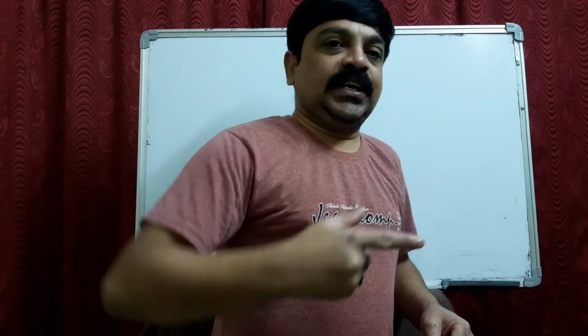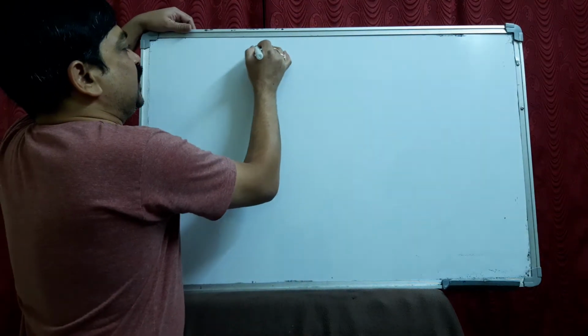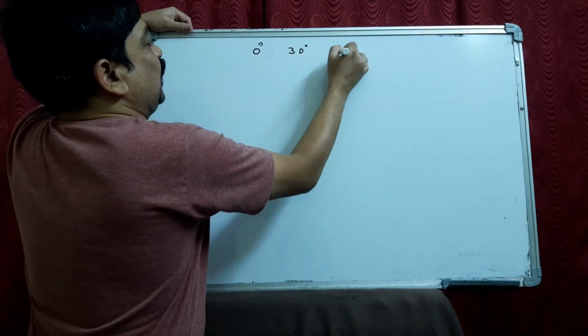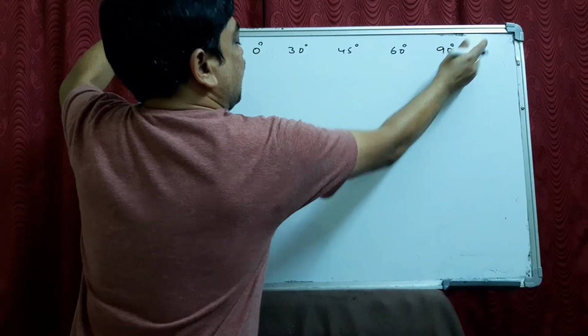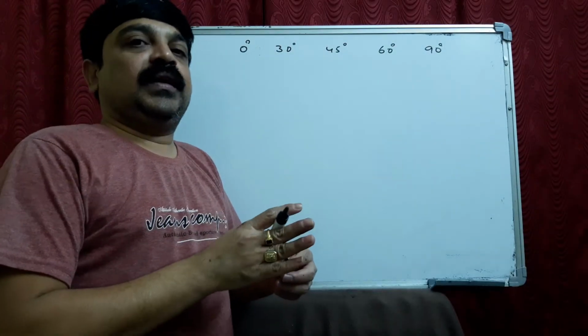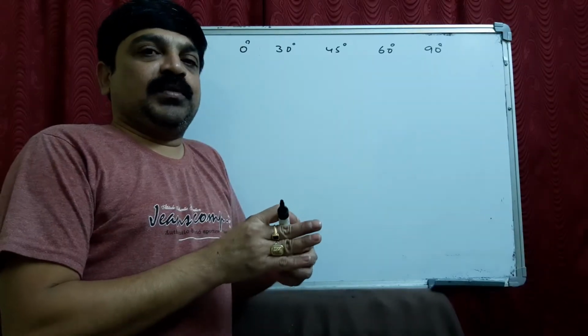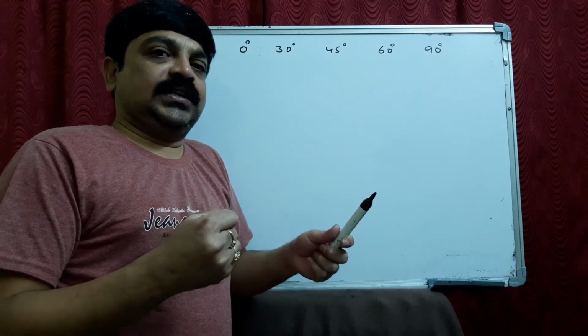Hi students. Now in the second exercise we'll learn about the six trigonometric ratios with some specific angles, like 0 degrees, 30 degrees, 45 degrees, 60 degrees, 90 degrees. I'll explain and we'll learn a table. We'll remember a table, and we'll remember the table in a shortcut way also. I'll tell you that also. After that we can go to exercise 8.2.